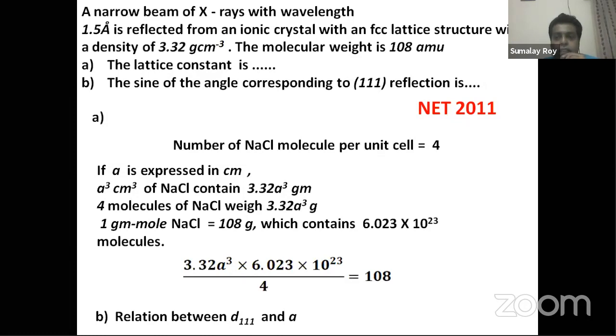Sweta has asked a question: Sir, why do we plot 2 theta instead of theta on the axis? Well, Sweta, that has nothing to do with our problem, but since you have asked, let me answer. 2 theta is the scattering angle, and all the software which we normally use in X-ray diffraction diagrams plot 2 theta, because 2 theta is the scattering angle. Theta is the angle between the incident X-ray and the surface, and 2 theta is the total scattering angle. So it doesn't matter, you can also plot theta. From 2 theta you can find theta.